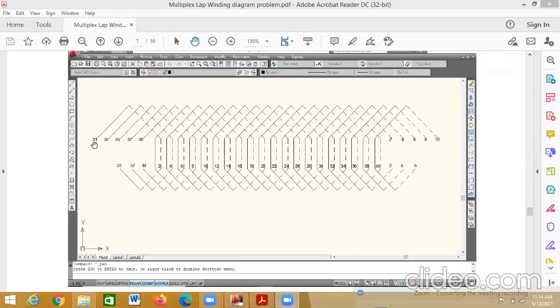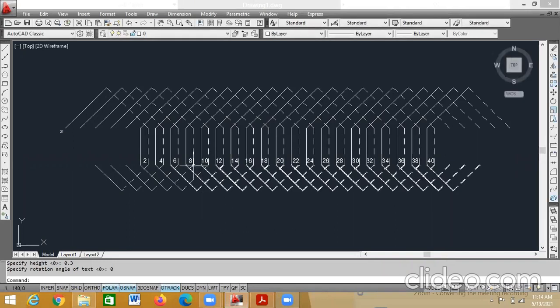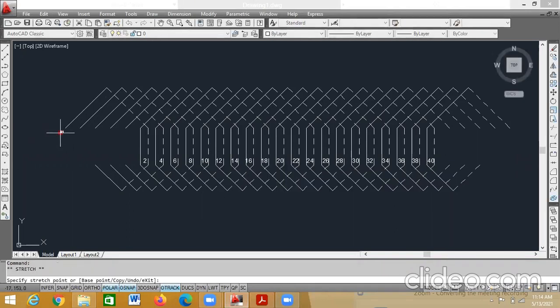Now we have to number the remaining conductors starting with 31. After 31, 33, 35, 37,